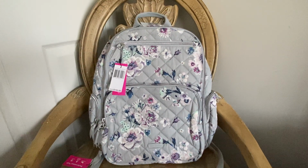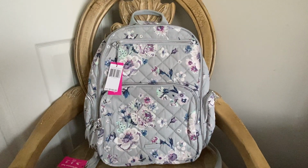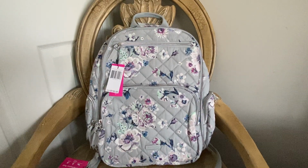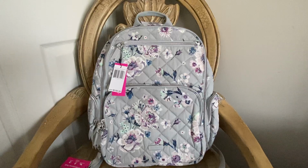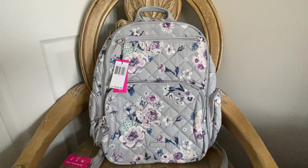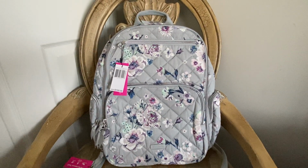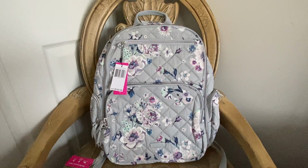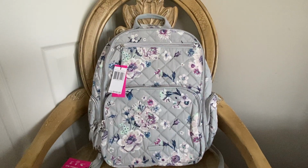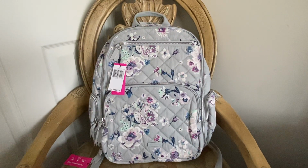So I love backpacks, as you guys know, and I do use them quite a bit for two reasons. One is I'm in grad school right now, so before all this COVID stuff hit, I did have to go into the classroom, so carrying my books and all of my gear and my laptop, backpacks or totes were my go-to. And then also outside of school, I do travel for business quite a bit. So backpacks are my favorite when it comes to travel because